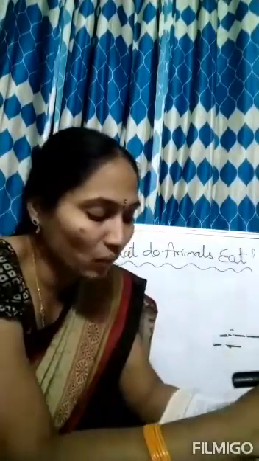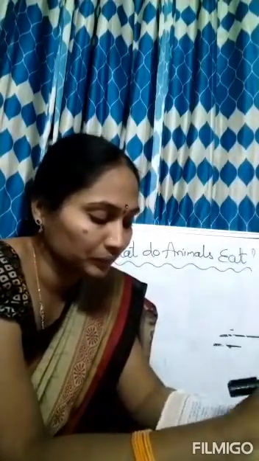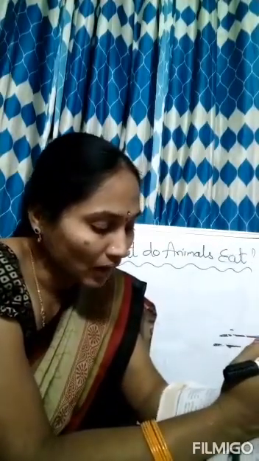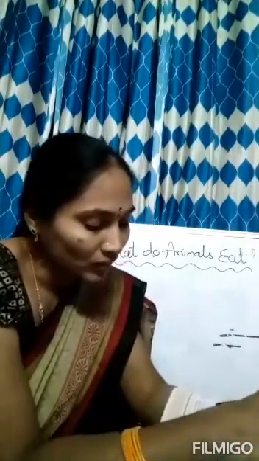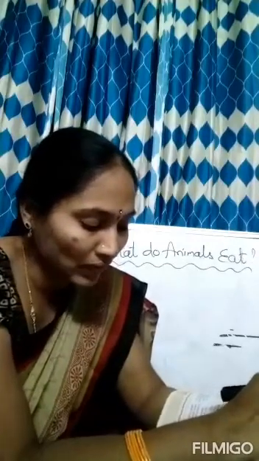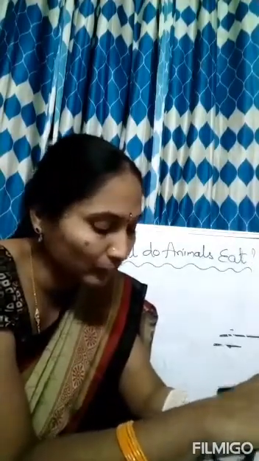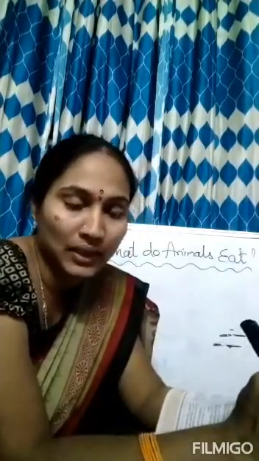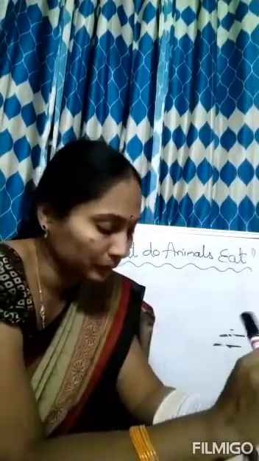Now coming to the next question. What are the similarities between a dog and a lion in the parts involved in taking in food? They both use their mouth to take the food. And both eat the flesh of other animals. Next one. What are the similarities and differences between a vulture and a lion in their mode of taking in food? Both vulture and the lion eat other animals. They are carnivores. And they use their claws to take the flesh of the animal.